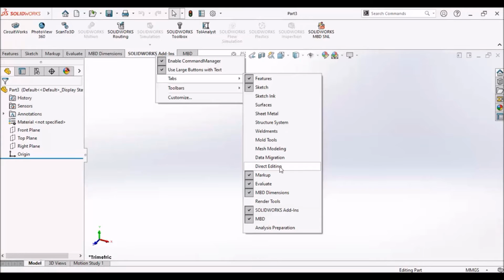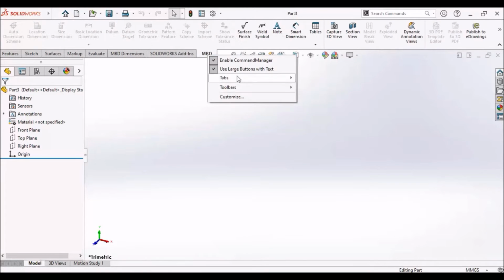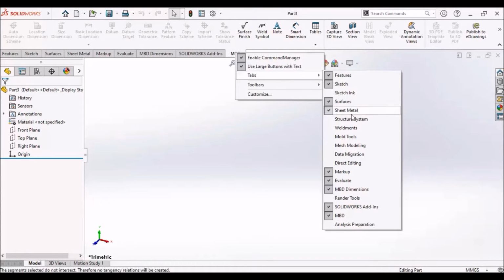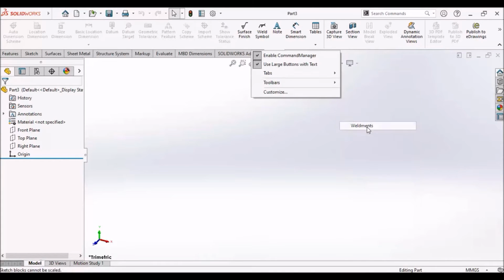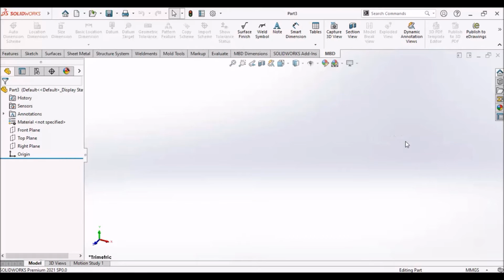So if I import some of them like surface, sheet metal, structure system, welding and mold design, we can import them all as per my convenience, as per my project, as per my problem.